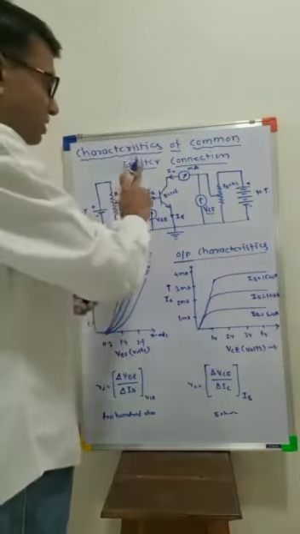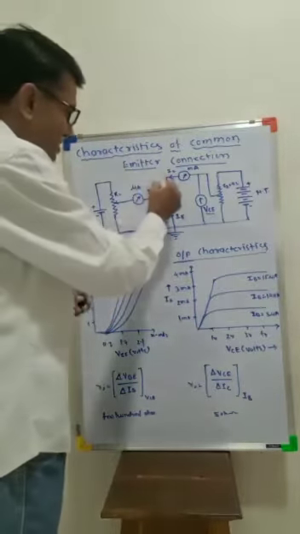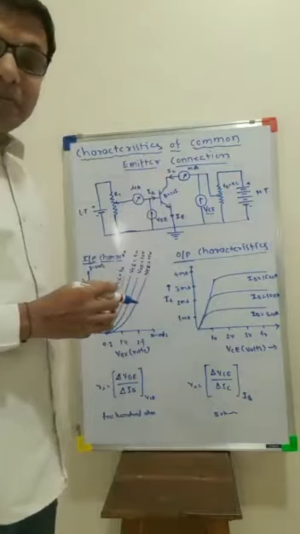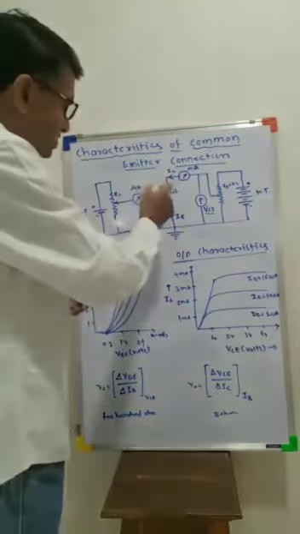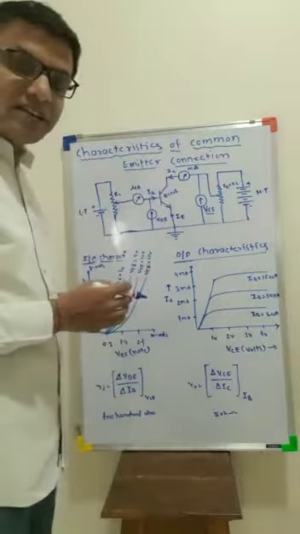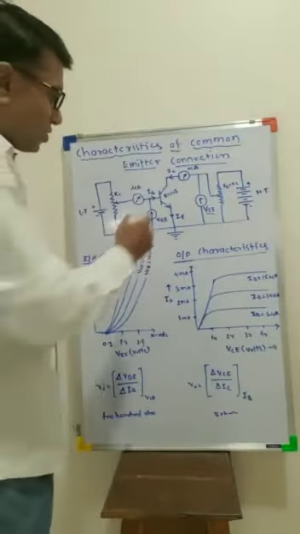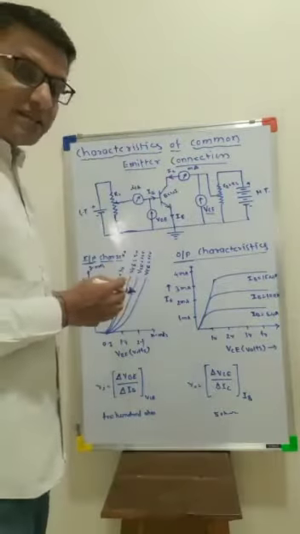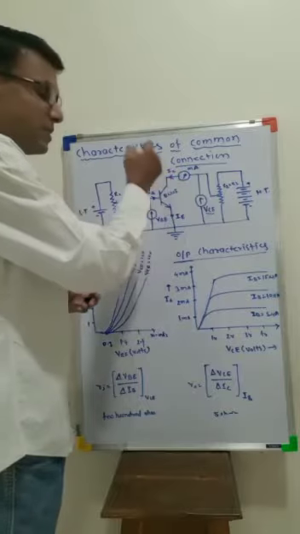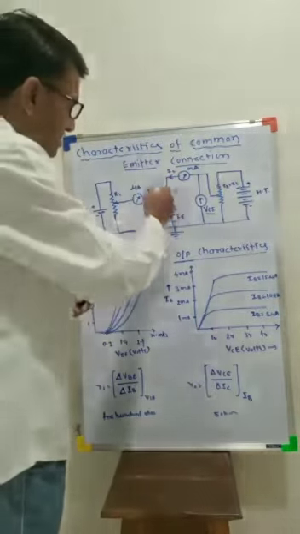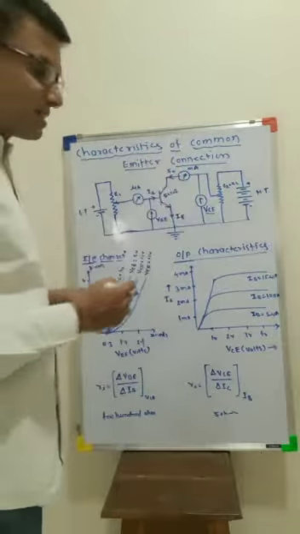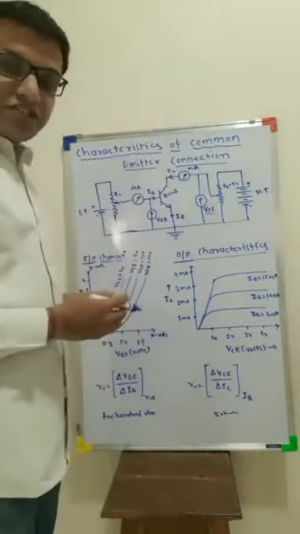Transistors have two types. One is the NPN transistor, another is the PNP transistor. An NPN or PNP transistor is identified by the arrow direction. If the arrow points in the downward direction, it means this transistor is an NPN transistor. If the arrow points in the upward direction, it means the transistor is a PNP transistor.